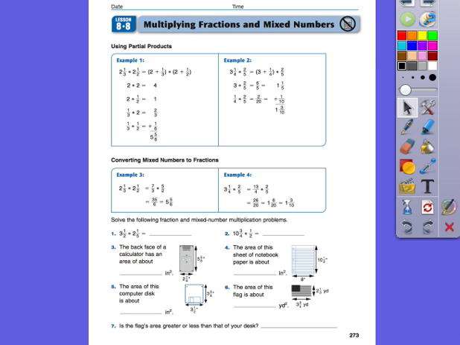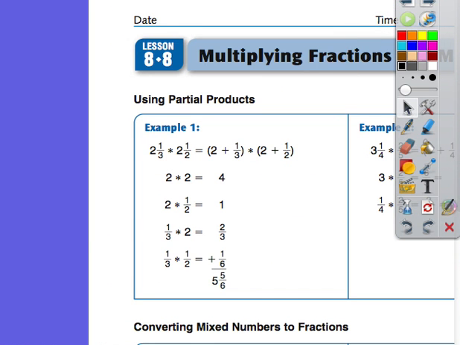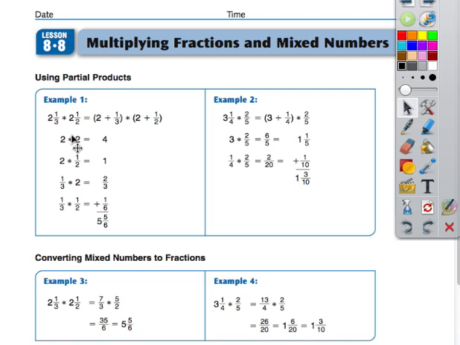So if we're going to go ahead and take a look at our math journal page here. All right, make sure that you're using your examples to help you. The first part is going to be doing that first part of that. I said it was kind of the tricky way to do it, of using your partial products. The second part is turning it into a mixed number. Remember, this is the one that I highly suggest that you use. It's much easier for a lot of us to understand,